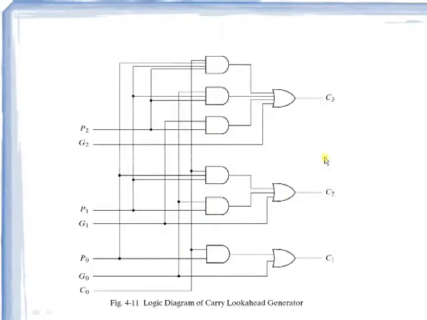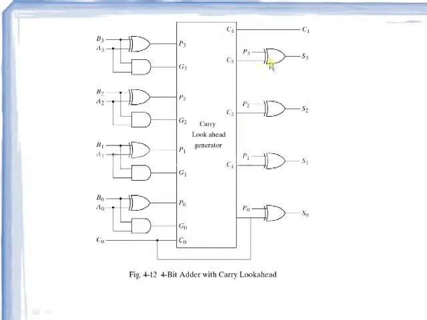Okay, now internally in this block this kind of circuit would be present. So we are calculating all the carries at once. Now these carries are given to the output XOR gates, therefore we get S0, S1, S2 and S3 at the same time. So this is the advantage that is associated with the carry look ahead adder, where we calculate all the carries at once. These carries are given as an input to these XOR gates, therefore we get the sum terms at once. So this is how we are avoiding the drawback which is associated with the ripple carry adder. Here we require only 3 gate delays.